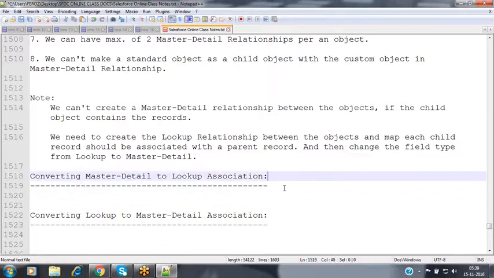Correct. The other question I have is about sharing rules, like in the session you shared yesterday. In lookup, we talked about how each object has its own sharing rules: the master has its own sharing rules and the detail has its own sharing rules, since the owner is different for both records. In master detail, I also have a question: as user one, I log in and create a master record, so the owner is user one.